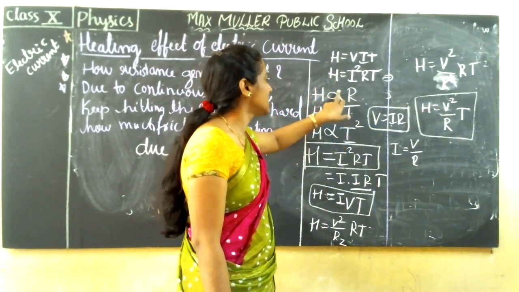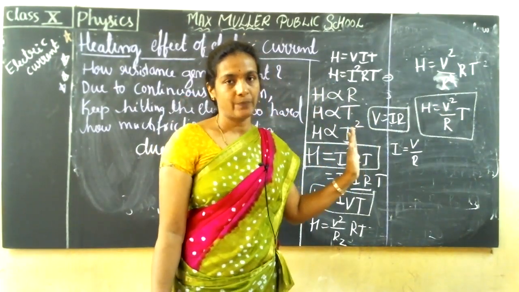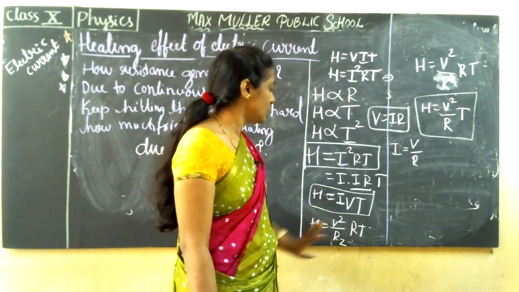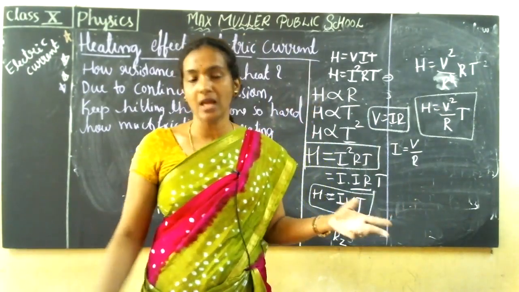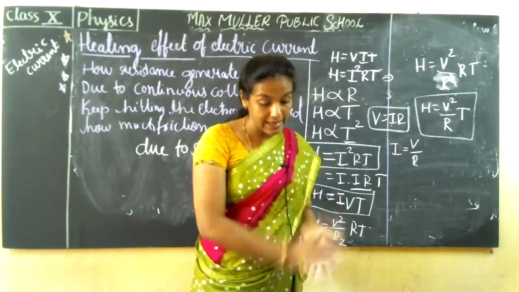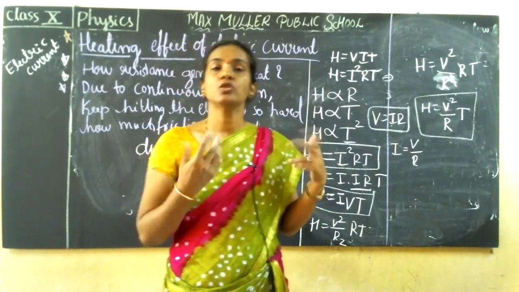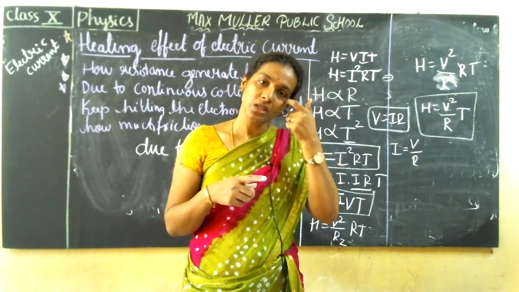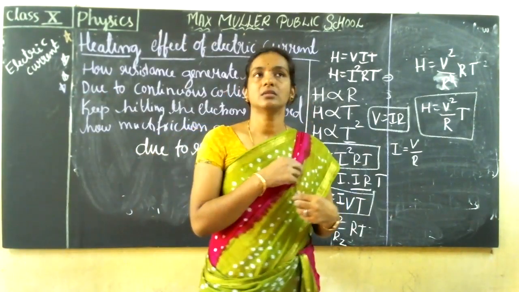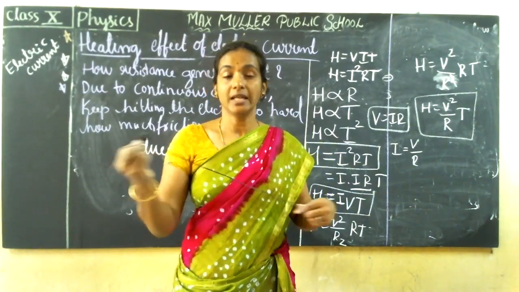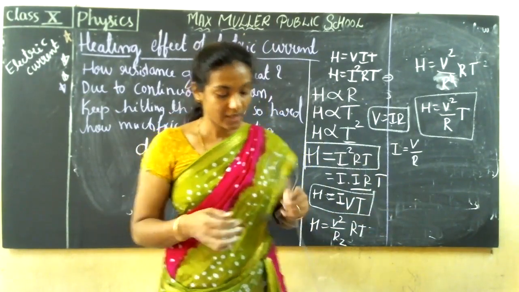Multiple variations you can take from these. This formula says heating effect is directly proportional to resistance, time and current squared. Why am I taking multiple variations while doing a numerical problem? It is very helpful, and many times it is asked in the exams. I hope this concept is clear. The remaining numerical problems we will do in the next class. Clear, guys? This is how the heating effect happens due to resistance. Okay, thank you.